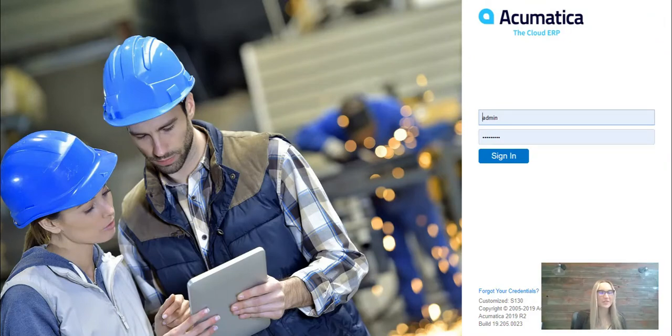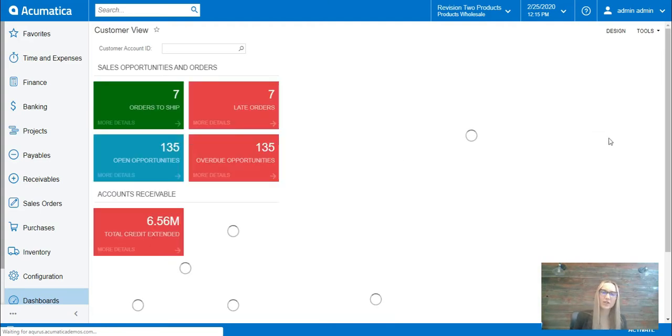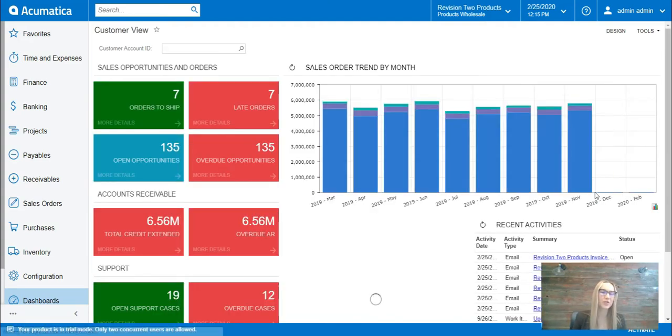Okay, so let's start with business benefit 1, being able to securely access your information from anywhere. Initially, as I always mention, the mobility and flexibility of Acumatica is probably one of its most valued features. Being able to hit a web page and access your information with a username and password makes accessing your data seamless. However, you can also access your information through the Acumatica app from your phone, and everything that you're going to see today could be transactions fulfilled on your mobile device as well. No requirements for VPNs or RDPs, it's just what happens. So I'm going to go ahead and log in,